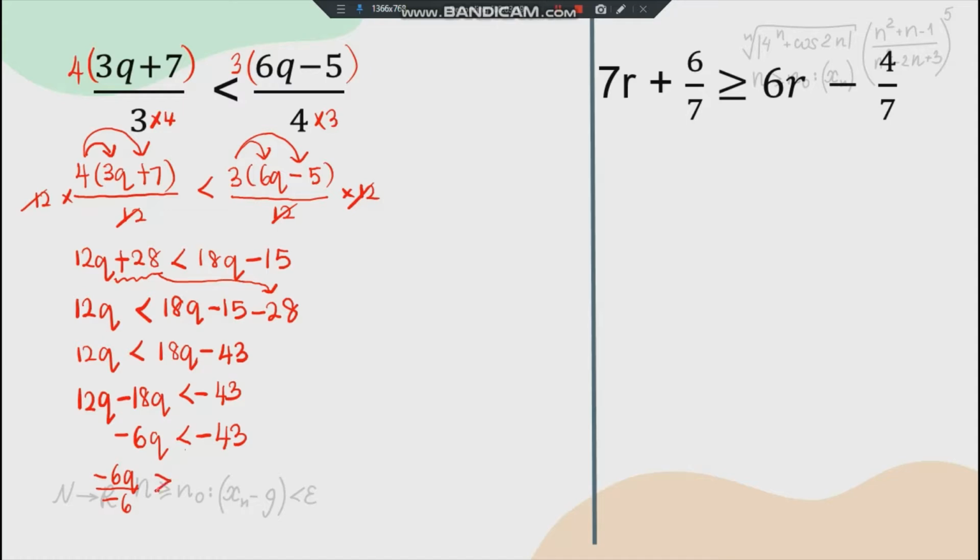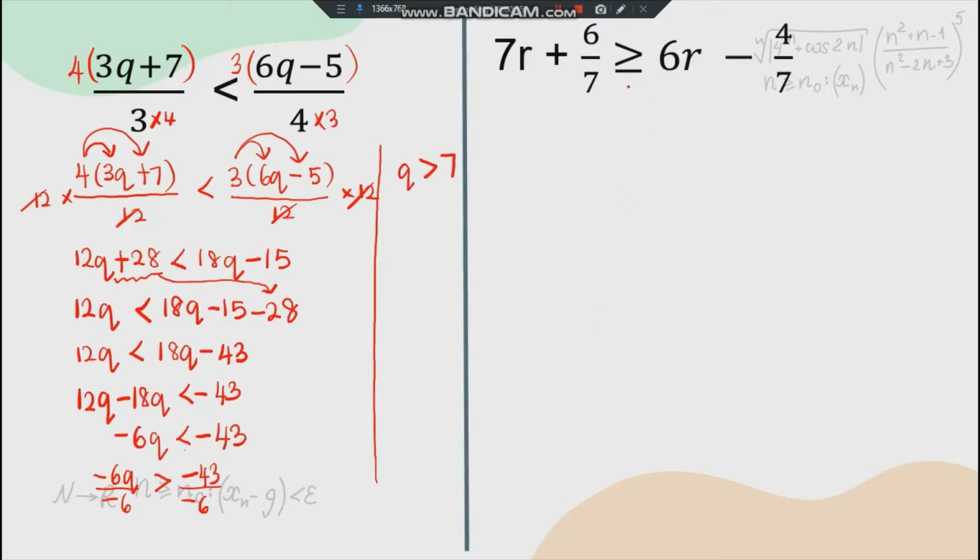So it will become greater than. So negative 43 divided by negative 6, so your answer is q greater than 7. The next question, we have 7r plus 6 over 7 on your left hand side greater